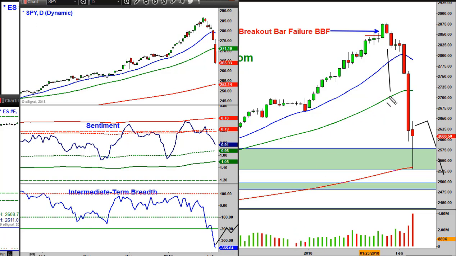Now, the angle of retracement here is very steep, and it's going to take some time to repair the damage and bring certainty back into this market. So be aware of that. Don't be in a rush to get back in. If you're a longer-term investor, day traders are going to find opportunities here,